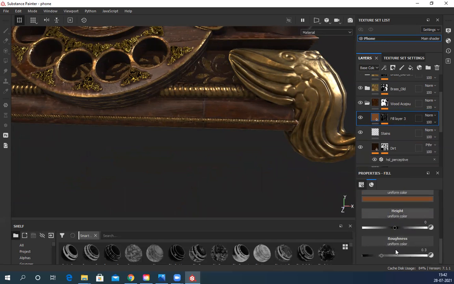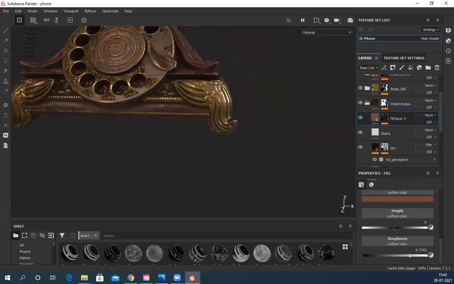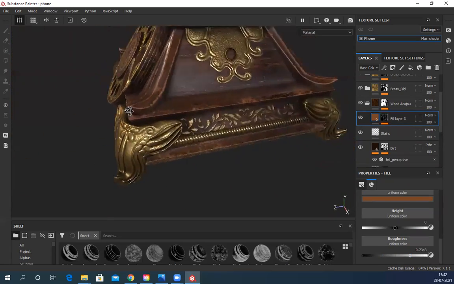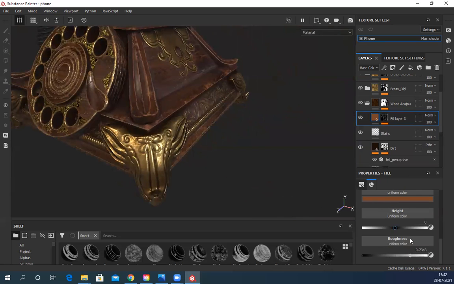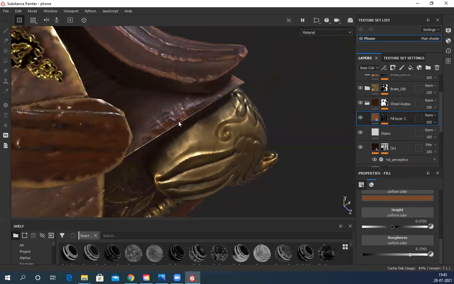So with roughness, what I can do is make it slightly rough, less shiny, because scratches and dust should be slightly less shiny. And now height, if those are scratches, I can make them super prominent, with very little impression, very little.